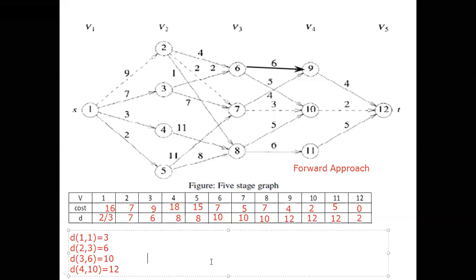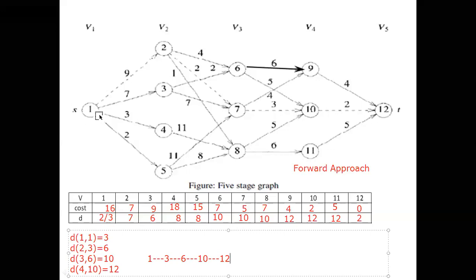First we will start with the 1, because the starting point is 1. This is 1. Then we have to go to 3 because we got the answer as 3. From the 3 we go to the next vertex, 6. From the 6 we go to the next vertex, 10. From the 10 we go to the next vertex, 12. Right? 1, 3, 6, 10, 12.